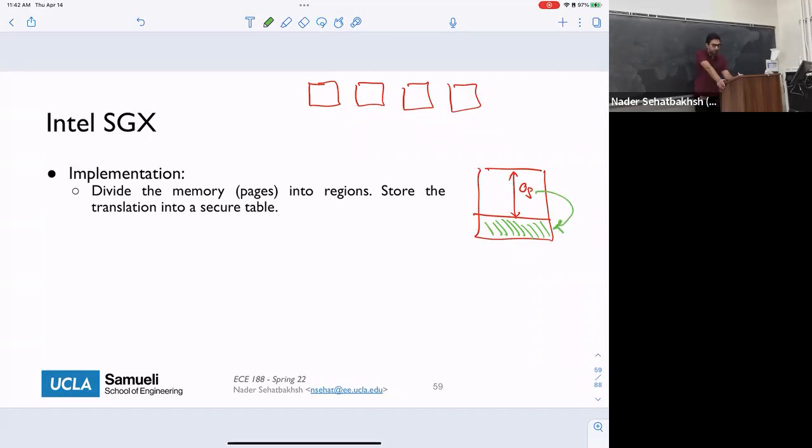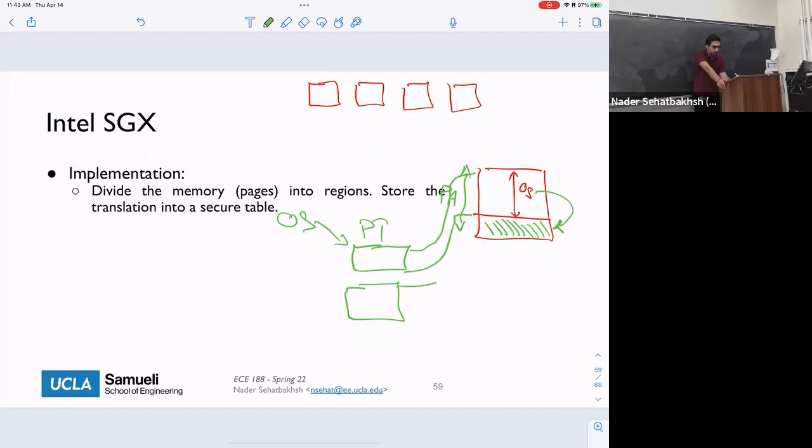So this is our physical memory, by the way. What we're going to do is that for the page tables, we're going to have two separate page tables. Page table number 1 is going to be accessible by the operating system, and that's actually the addresses that map into this region. And this other page table is specifically for this range of the addresses. And this part cannot be addressed and cannot be accessed by the operating system. Who handles this? Our specialized hardware, the TEE, accesses this page table.